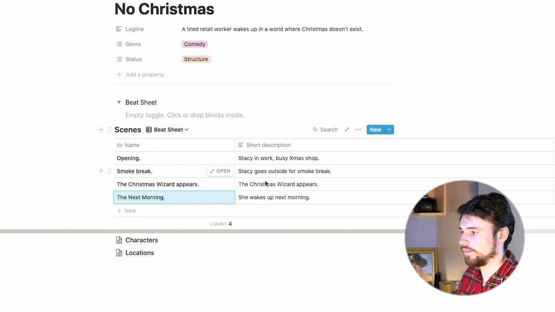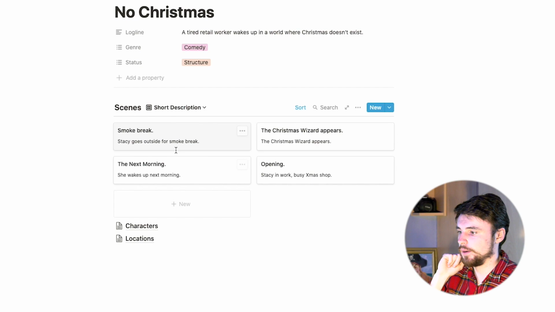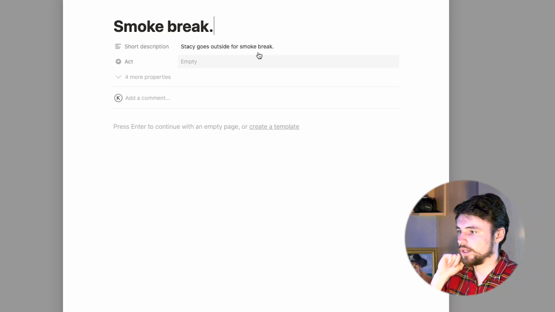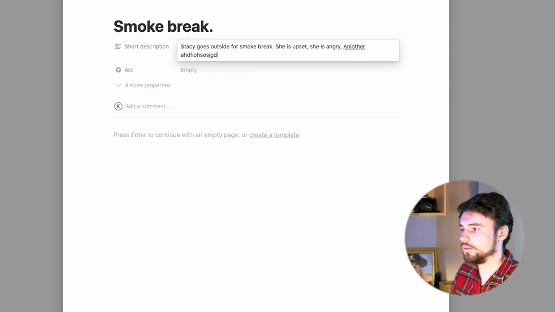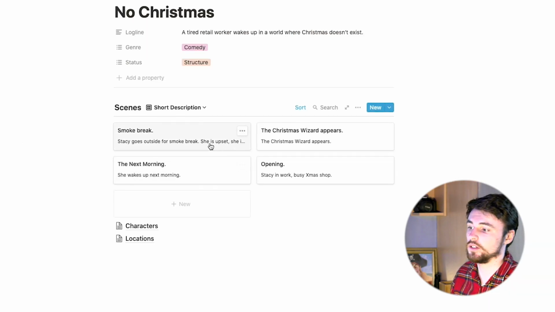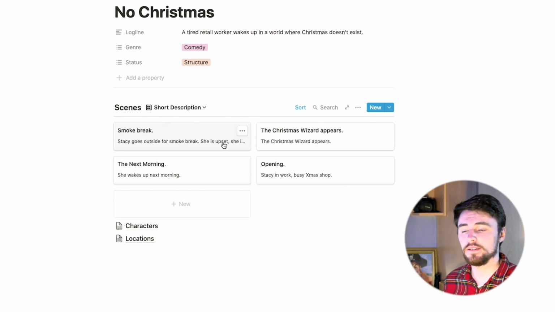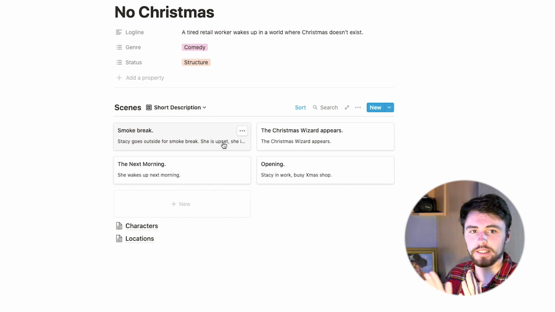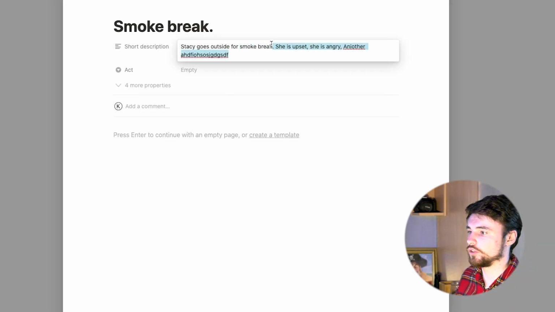So then once we have that, we can then look, which I like this, the short description thing. It's got a limit on how much it'll actually show there. So if I kept writing and I said, she is upset, she is angry, another character, and then we go back onto this page, it's cut it off there. And so that's one of the reasons why people recommend using index cards, is because you're trying to write everything really condensedly and just trying to get to the bare beat of that scene. And so this actually has a built-in limit on how much you can write as your short description.